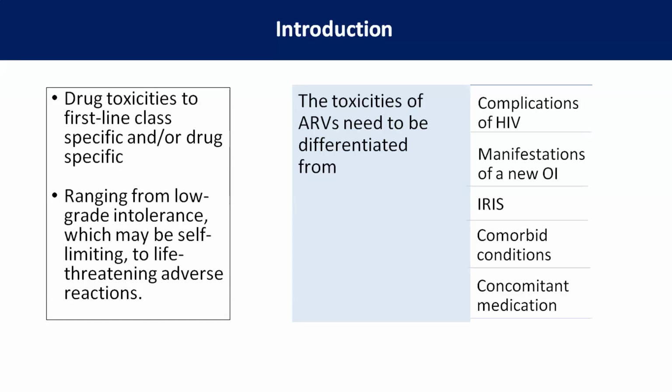And also for the ART staff, it is very important to identify the toxicity at the very baseline, because then they will inform the program personnel about the drug toxicity and simultaneously check the patient's retention in